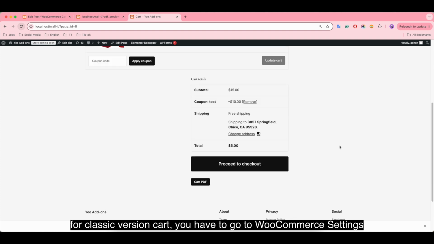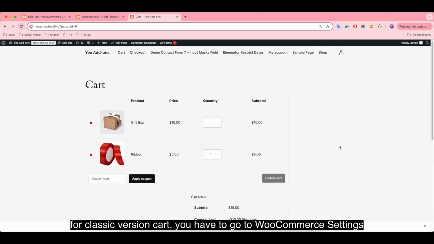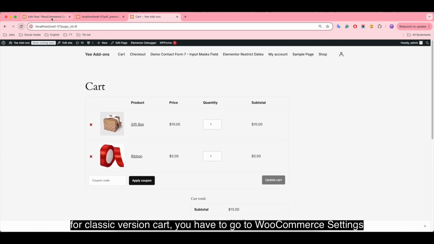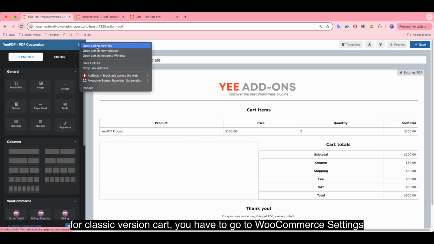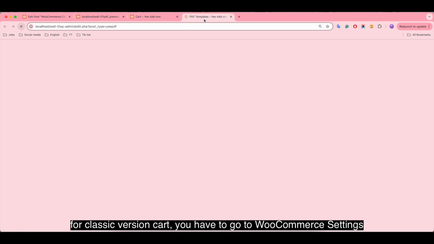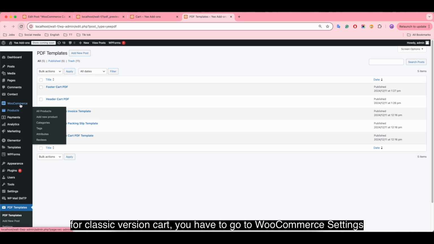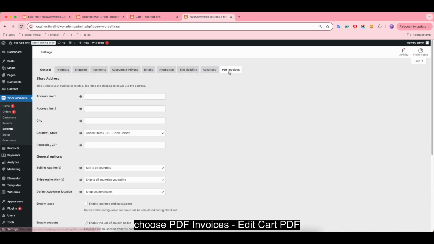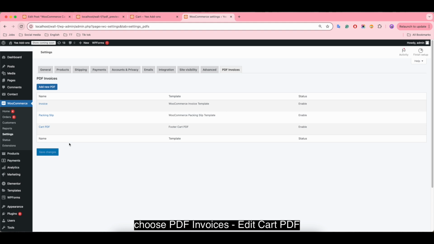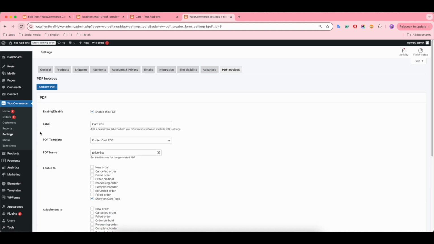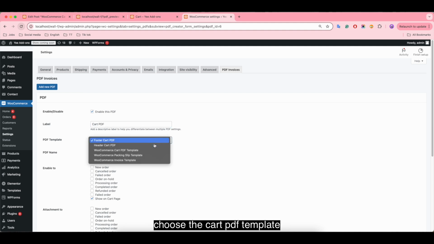For classic version card, you have to go to WooCommerce settings, choose PDF invoices, edit card PDF. Here you need to enable this PDF, can change the label, choose the card PDF template.